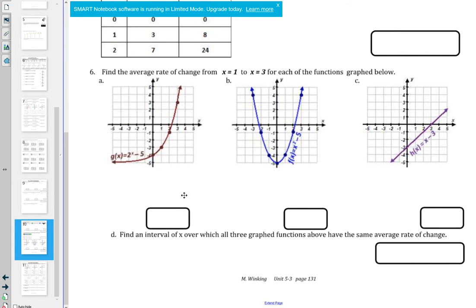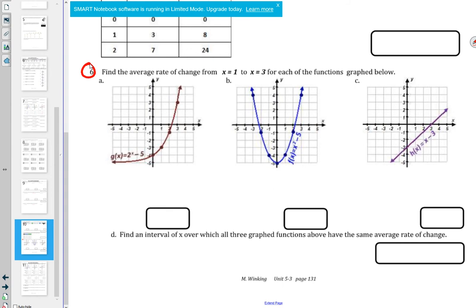Okay. So now we've got to do number 6. Find the average rate of change. Did we do any rate of change? Yeah, we did towards the end, right? We already used rate of change. What's another word for rate of change? Slope. Okay. So of these 3, which is the easiest one to find slope? Yeah, C. Why? Because on